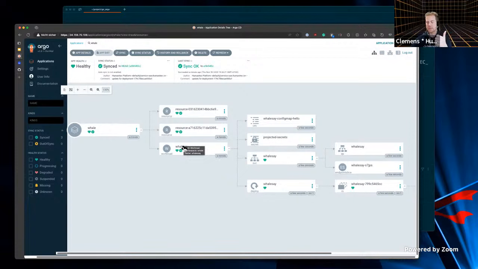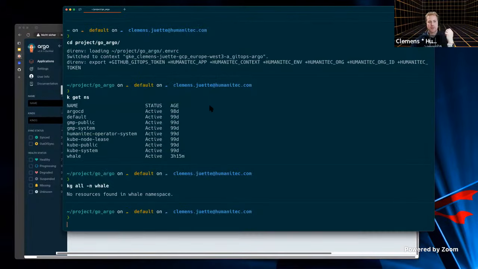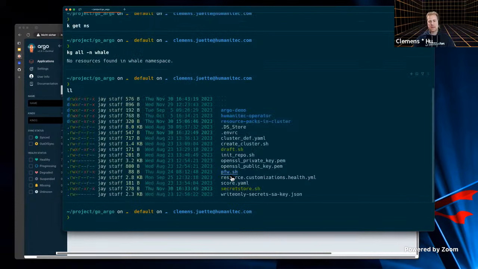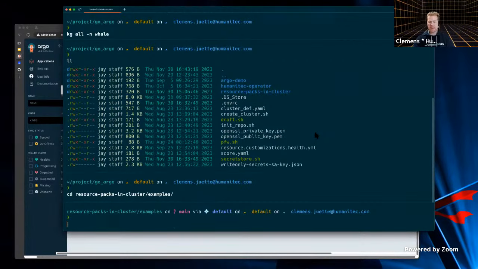We definitely need some Terraform in here, and we want to have a Postgres database. So what I've also done is I have already downloaded a resource pack in cluster. This is something that we provide as part of our reference architectures.